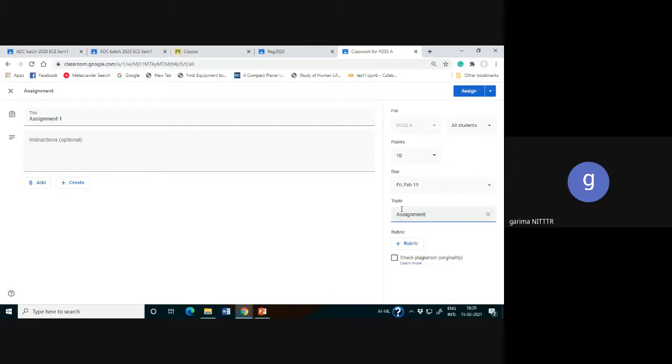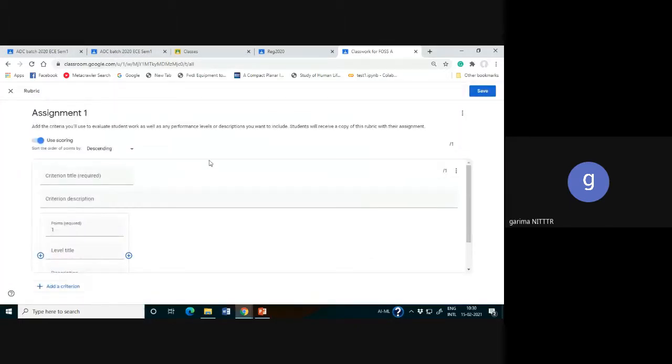Now, while creating the assignment, there is one important thing which is mainly needed and which we don't normally do, that is a rubric. You have assigned something and you want to create a rubric for that particular assignment. You can do this with the plus sign, Create rubric. If you have already created a rubric for some other assignment, you can reuse it, and you can also import from Sheets. When you go to Create rubric, you will use scoring. It can be in descending or ascending order, and you provide the marks, how many marks you want.